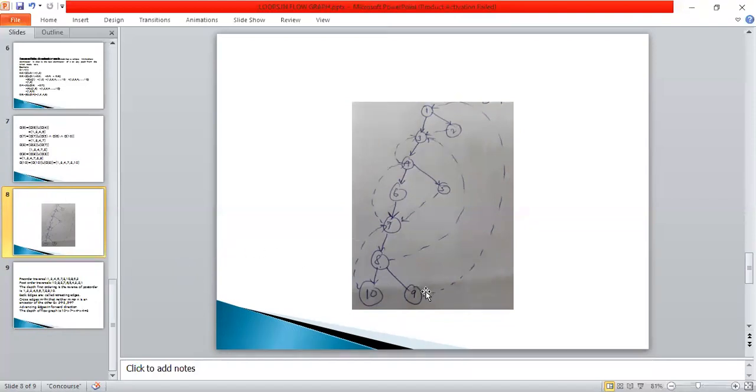Suppose here I have one back edge, so its count is only one depth. Here I have one back edge, its count is only one depth. And coming to here I have one back edge, depth is 1. From here to here I have one more back edge, depth is 2. From here to here I have one more back edge, depth is 3. So the maximum depth is called the depth of the flow graph. So this is about loops in flow graphs.